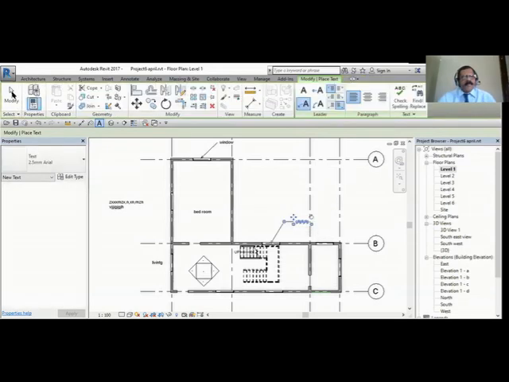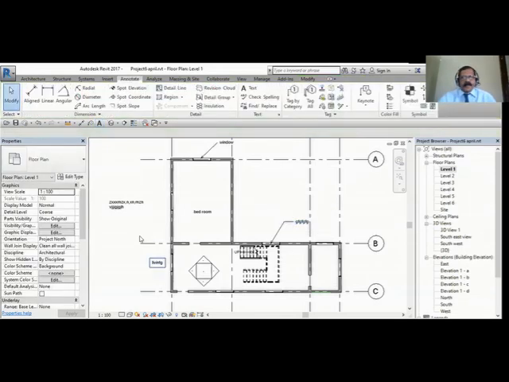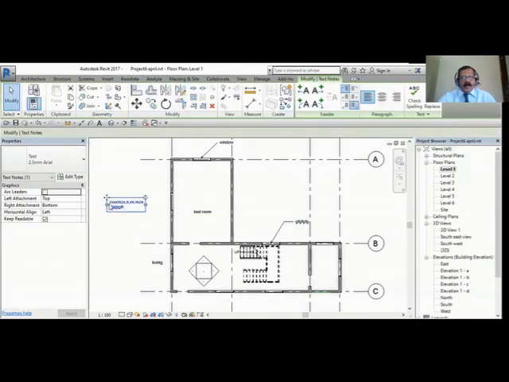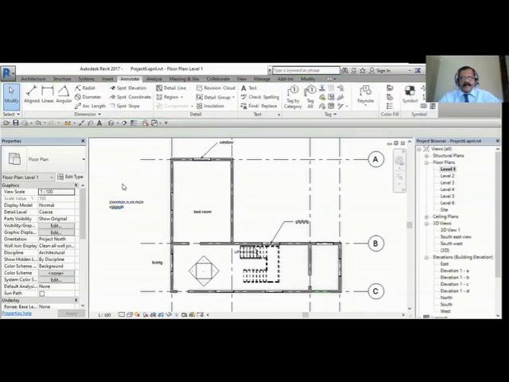Click outside. Do that. And if you have already written a text and you want to put the arrow there, select the text and you can use the arrow. If you click this one, then it puts an arrow this side. Okay, so it puts the arrow this side. This is to remove the arrows. It removes based on when you added it. Okay, so this we can explore for using the text.